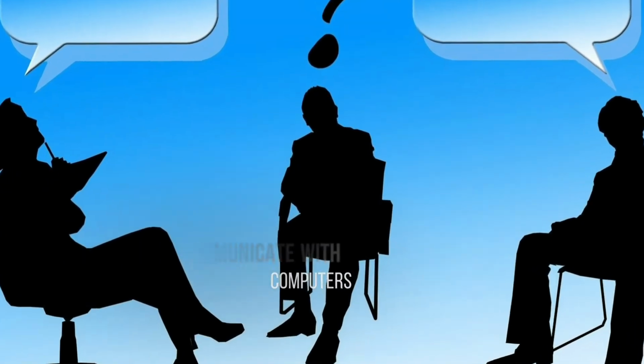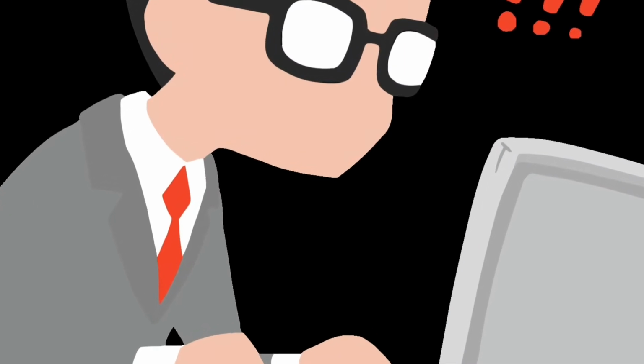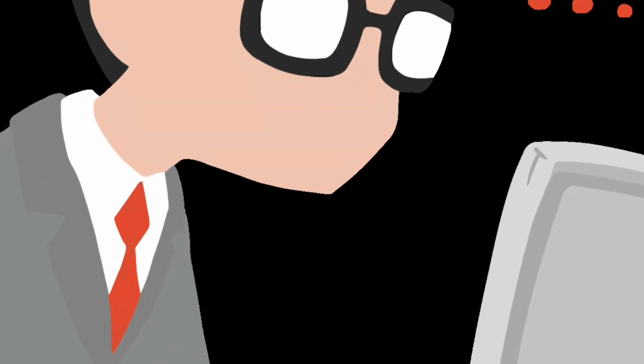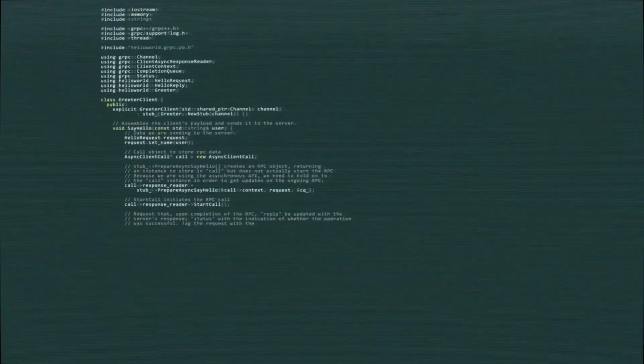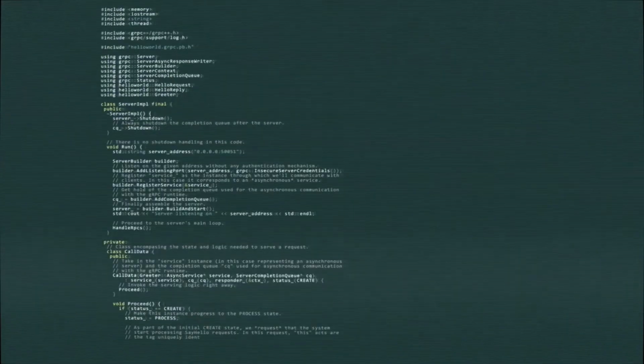But know that in order to communicate with computers, you need to know some kind of language, which we call programming language. And the effort to communicate with computers through this language is called computer programming. So what is computer programming? Computer programming is designing and building an executable computer program to accomplish a specific computing result, to perform a specific